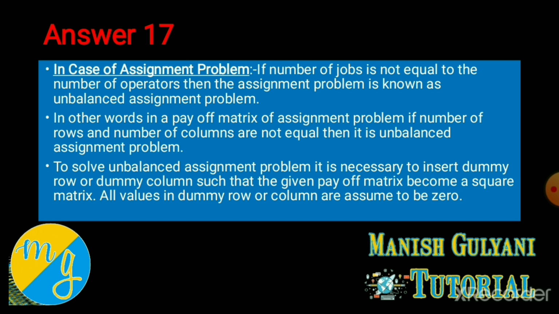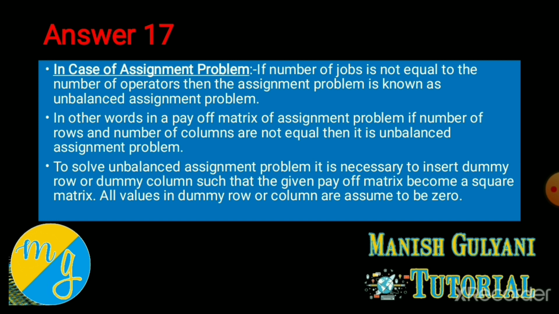Now our main question is unbalanced problem in assignment. So second step under assignment problem, identify cases balanced problem or unbalanced. Now the question again in your mind, how can you identify cases balanced or unbalanced? Under transportation you have to compare supply total with demand total, but in assignment case you have to compare total number of rows and total number of columns. If number of rows are equal to number of columns, case is balanced problem. If case is balanced, then no need to do anything in second step.